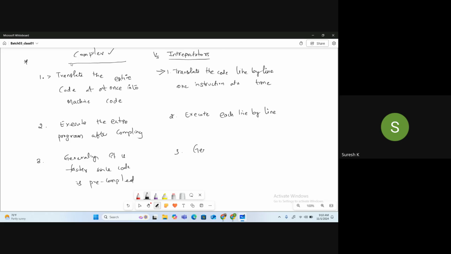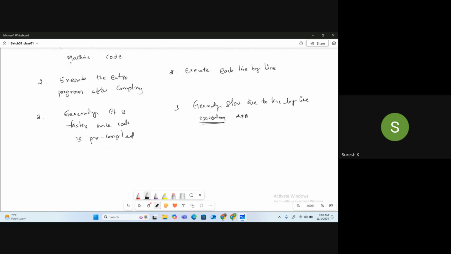Here it is generally slow due to line by line execution. This point you need to keep highlighted, because this is the discriminating factor for interpreters versus compilers.